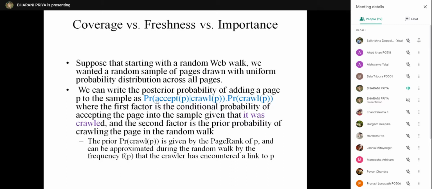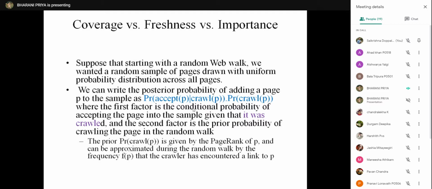The first one is the conditional probability of accepting the page, given that it was crawled. The second factor is the prior probability of crawling the page.